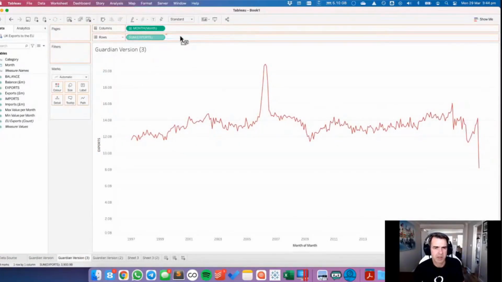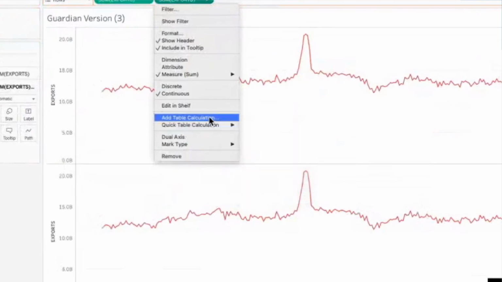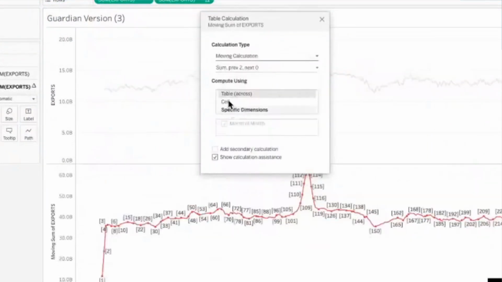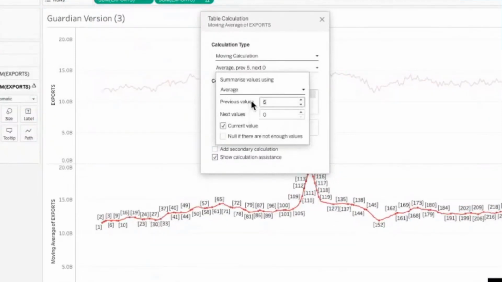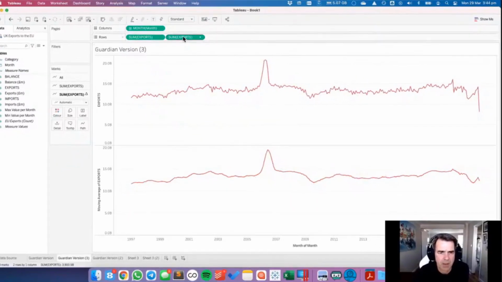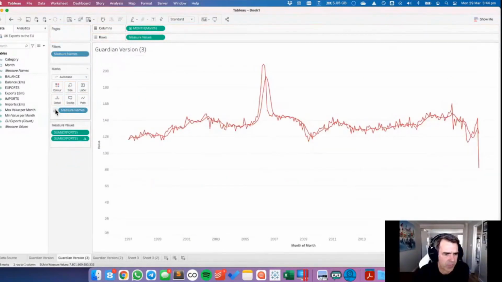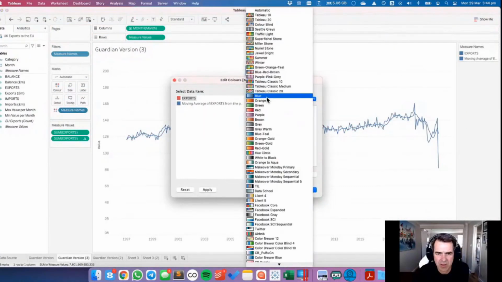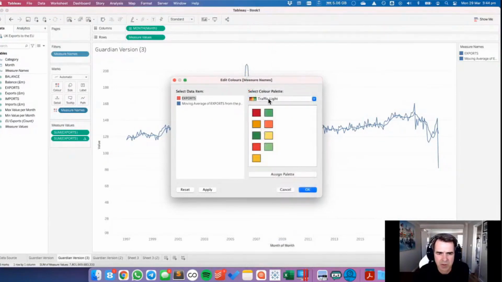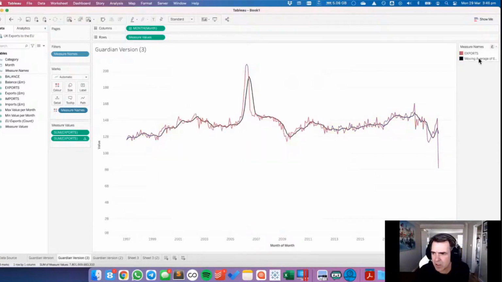And I think what I'm going to do now is let's add maybe a 6-month moving average. So average, and I have to make the previous values 5, because I have current value selected. So current, so 5 plus 1 is 6. And let's make that a combined axis view. Put that on color. Okay, so let's make this one red and maybe make this one black. Let's see what that looks like. And move that one up from the other. Okay, so I like using moving averages as well because it kind of smooths out the data, but also